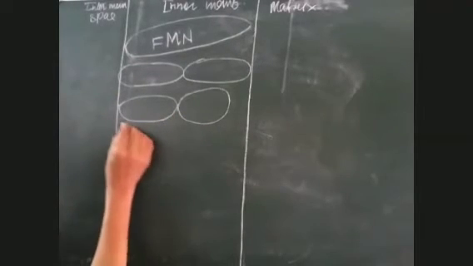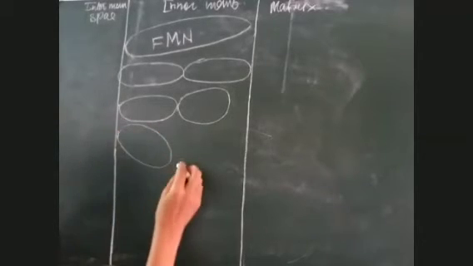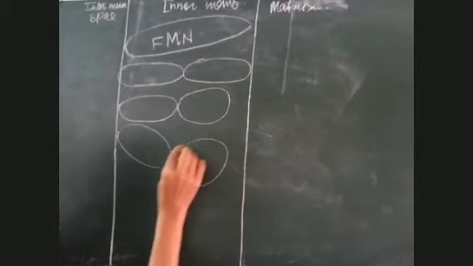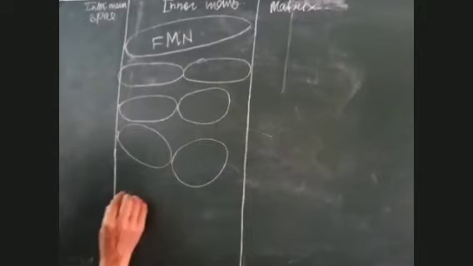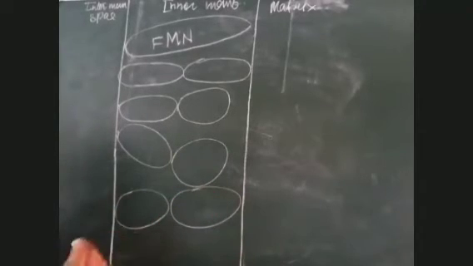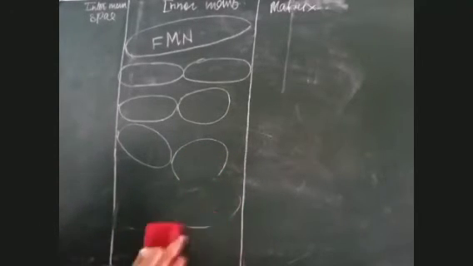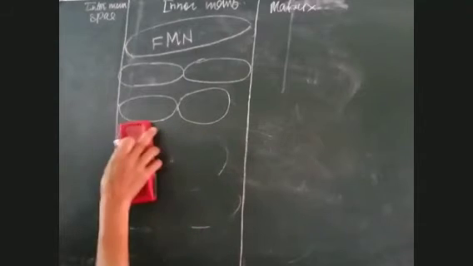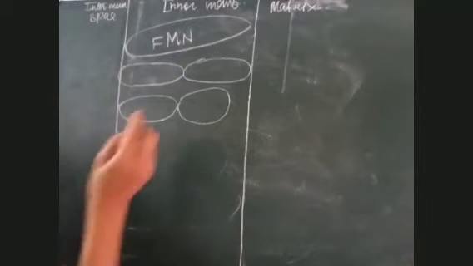Then we have another electron acceptor here. This is the next electron acceptor. And after this electron acceptor, we have two more here. One here and another here. And then lastly, I'll have to erase it a little because there is some space problem here. We do not have blackboards like the school blackboards. We are using small boards, so we have to adjust everything.